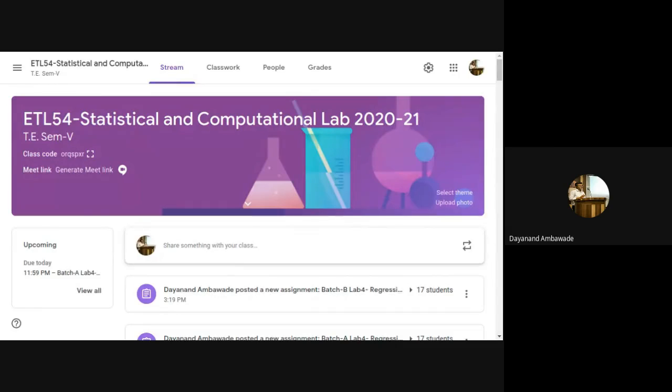Last week we completed the experiment on regression analysis and modeling in our environment, right? So what is regression analysis? What are the types of regression analysis? We completed the lab on simple linear regression, multiple linear regression, and then logistic regression, and even multi-class